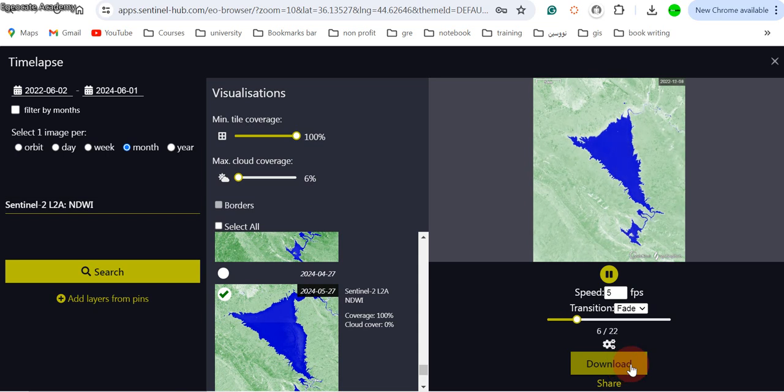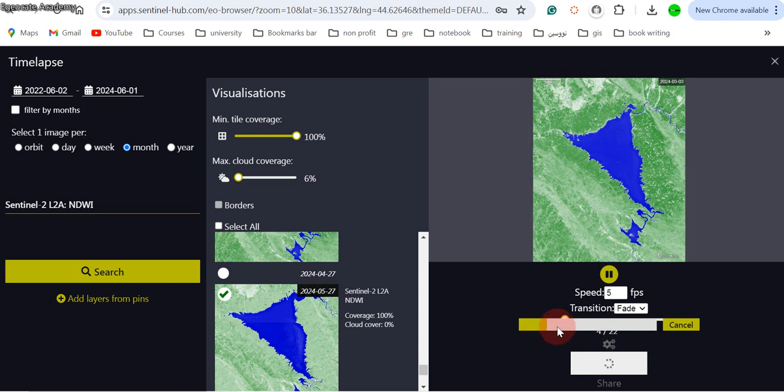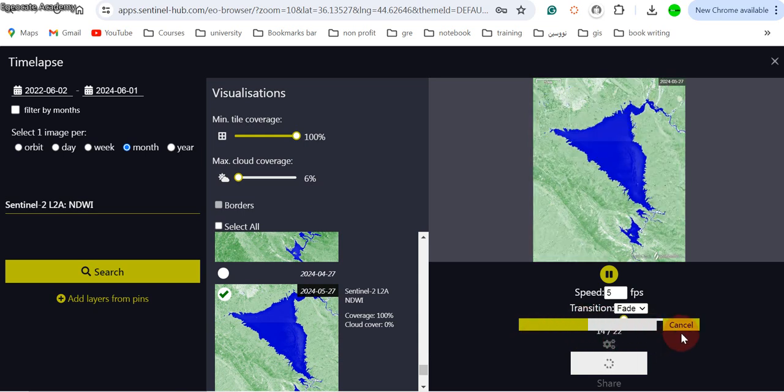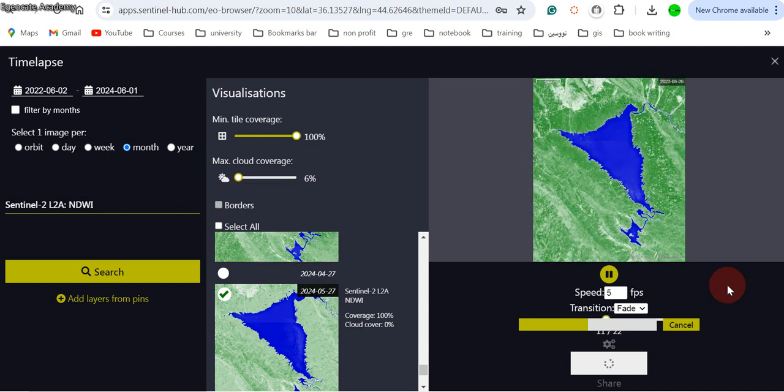So you only need to click on download, and it will process, and it will be downloaded in some seconds after preparation. So you will wait until it's downloaded,